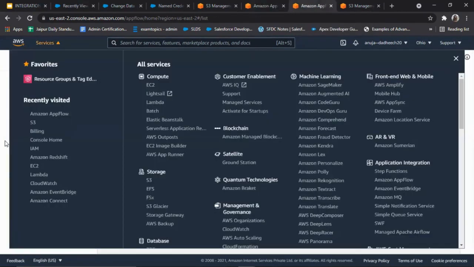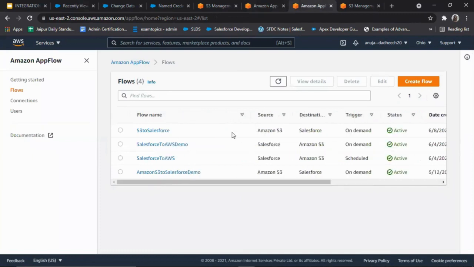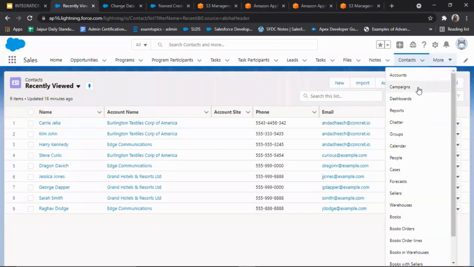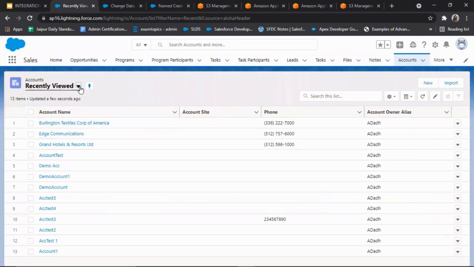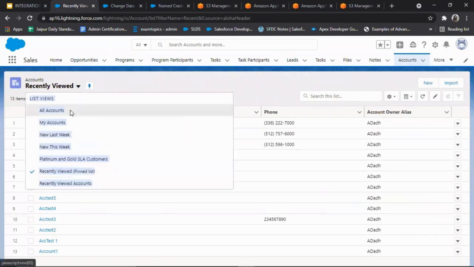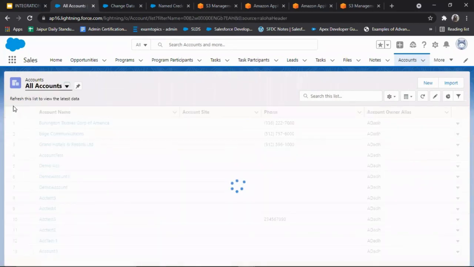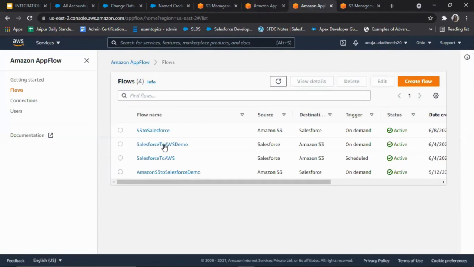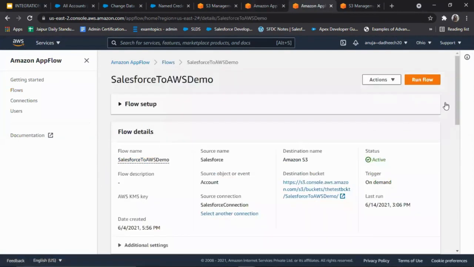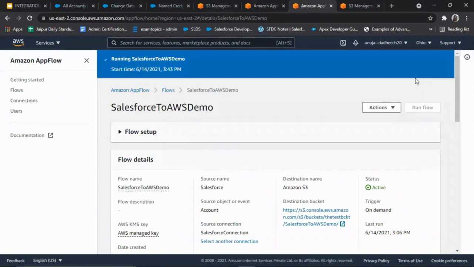So I have already created some of the flows for the demo. Salesforce to AWS, this is the on-demand one. If you go to the accounts of our org, we can see that we have 38 items in total. So when we run the Salesforce to AWS flow and hit this run flow button,